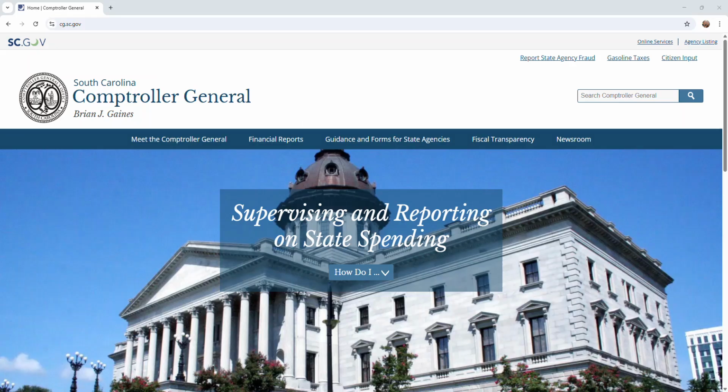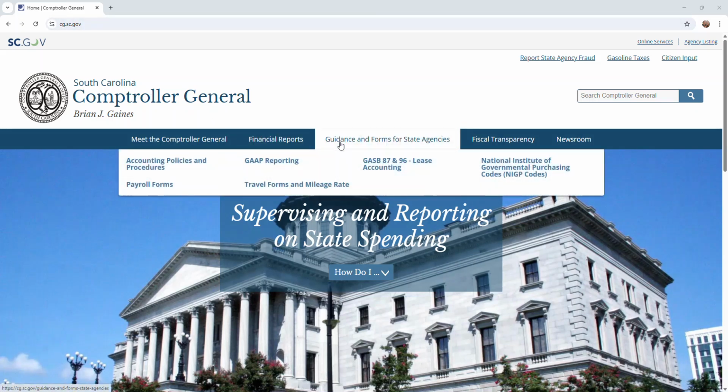This is an overview of the cash and investments reconciliation that all audited financial statement agencies within the state of South Carolina need to be preparing and turning in with their financial statements due October 1st. This specifically is for the year 2025 with updates to it. You should receive a copy of your cash and investment reconciliation file in Excel via an email. However, if you don't, or if you want more information, you can go to the website